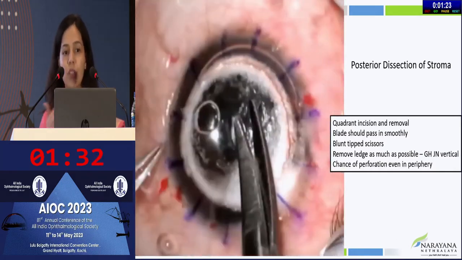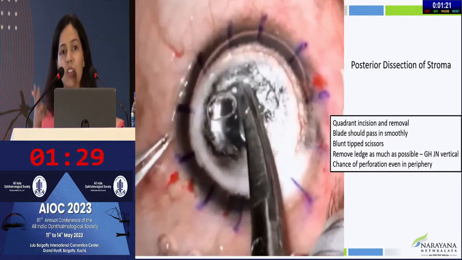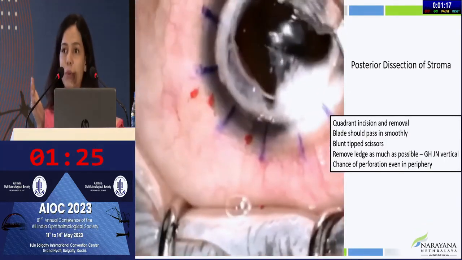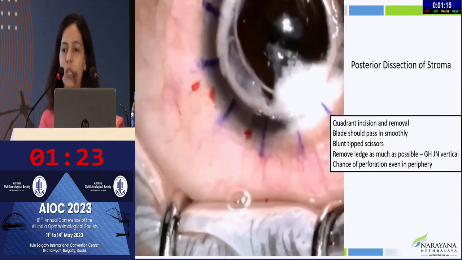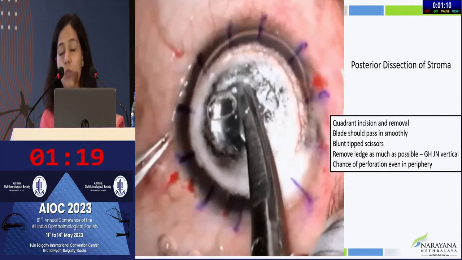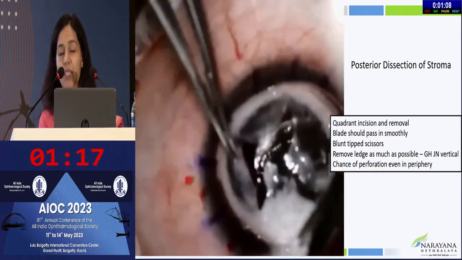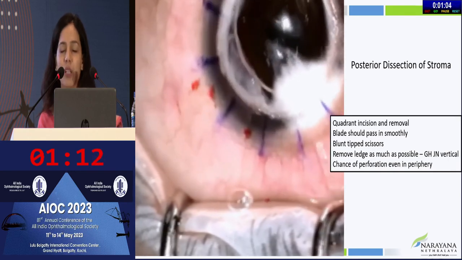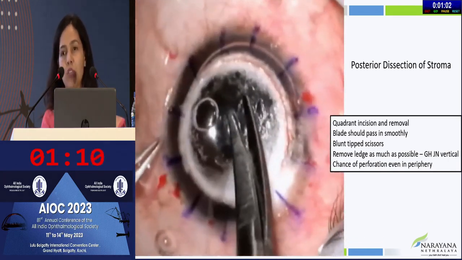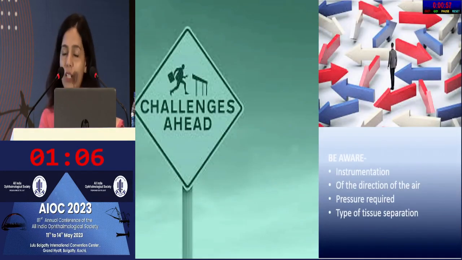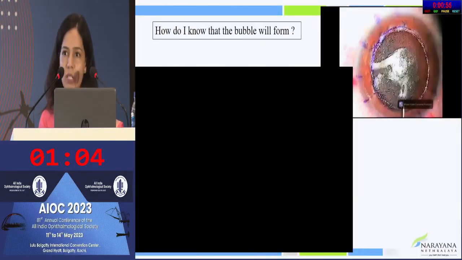You have to remove the ledge as much as possible, and here we try to keep the blades of the instrument as vertical as possible, because it's very important to have minimal ledging to ensure a good apposition of the graft-host junction. Remember that even though initially we are more scared of perforation in the center, you can have a perforation even at the periphery because there will be a few adhesions of the posterior stroma to DM. So make sure you separate this well and then cut through. There are a few challenges, of course, but as long as we can keep a few things in mind, it's always a good